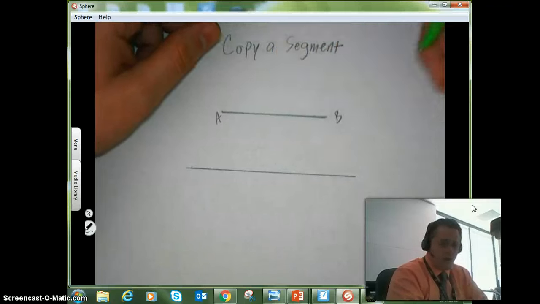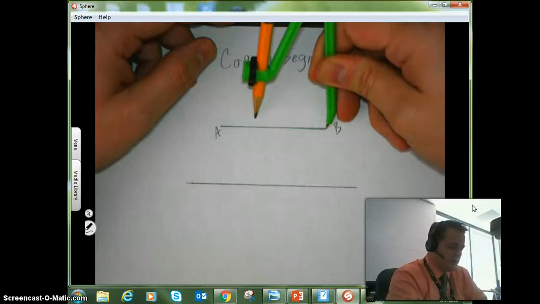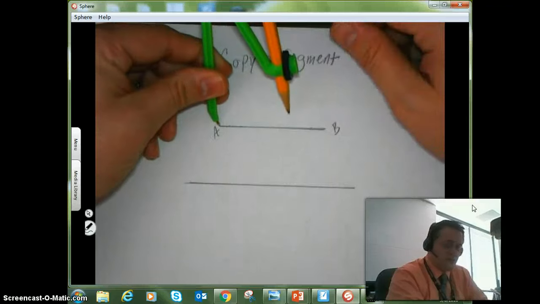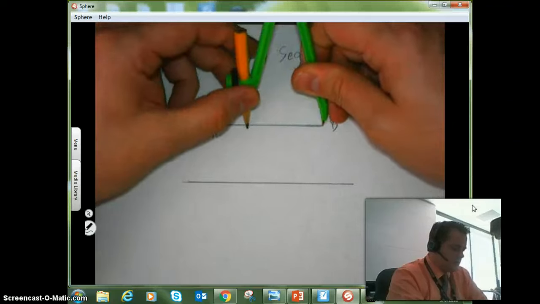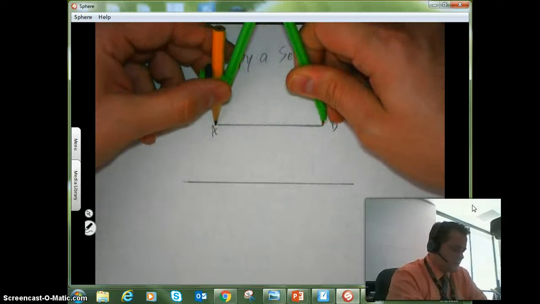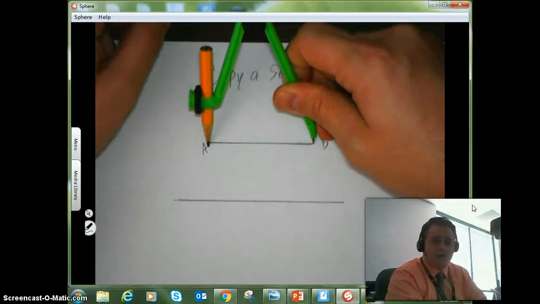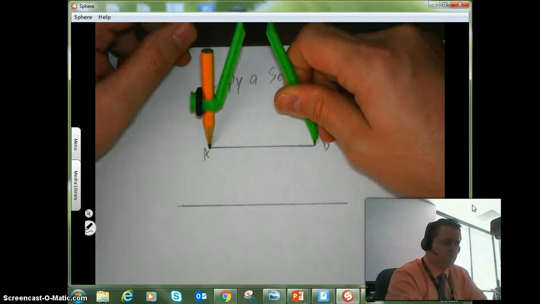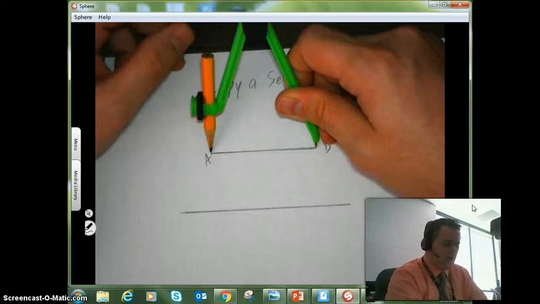Now, I'm right-handed, so that's how I'm going to be holding my compass. I'm going to place the point of my compass at one end point. If you're left-handed, you're probably going to start on the left side of the segment. It doesn't really make a difference. So all I'm going to do is open up the compass to be the width of whatever my segment is. Now, I don't care how long this measurement is. I'm not looking for it to be in inches or centimeters or anything like that. All we're doing really is verifying that they're the same length,